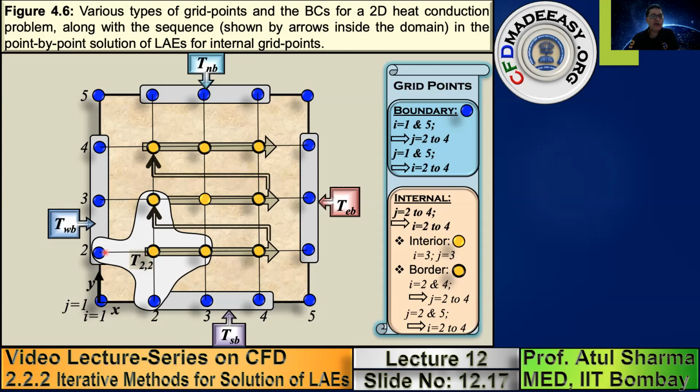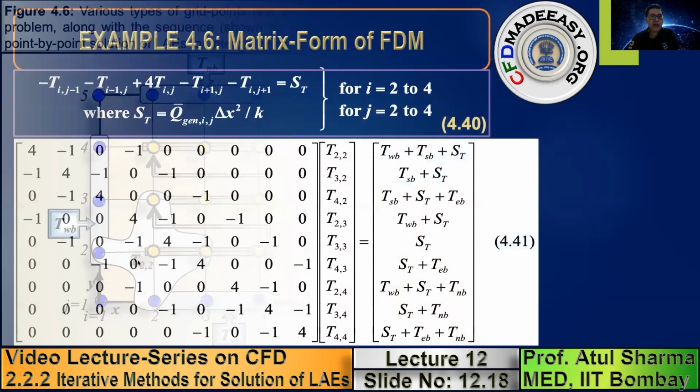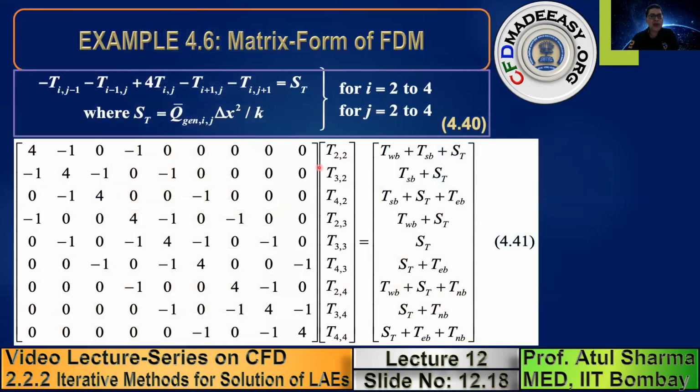Like this will have 3 yellow circle values, so 3 non-zero coefficients, and this will be replaced by the constant value, so this will go to the constant vector. So in this slide, what you see is that for 2,2 there are only 3 non-zero coefficients, because although there are 2 more, those come in the boundary condition, the constant vector. So as you move from i equals 2, 3, 4 with j equals 2, then you move to j equals 3 with i varying from 2 to 4, then j equals 4 with i varying from 2 to 3.